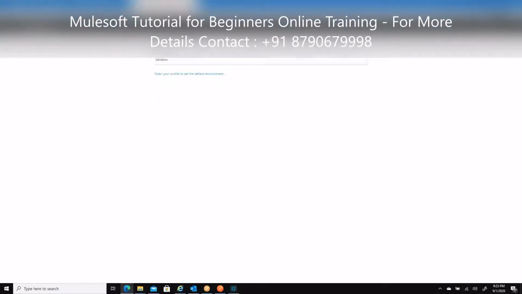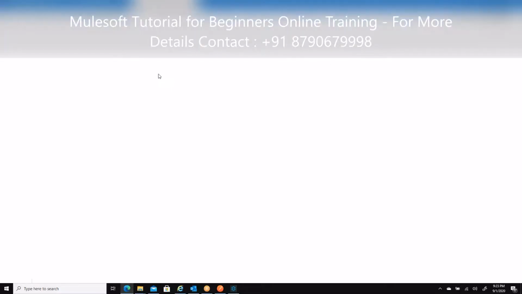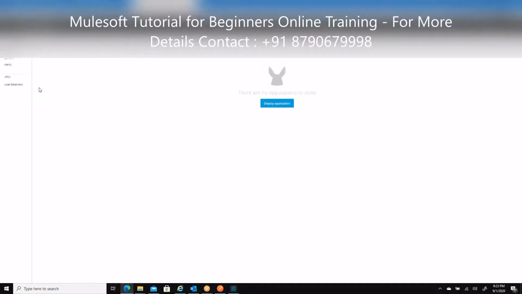Here we have choose environment: design, sandbox, right? These are environments that MuleSoft provided for the trial account. So click applications. Nothing is there. All right. Servers. Yeah.